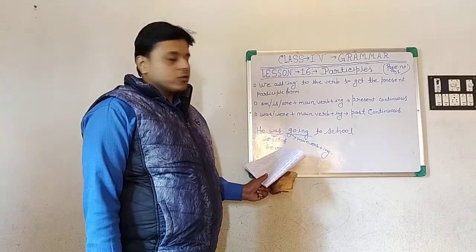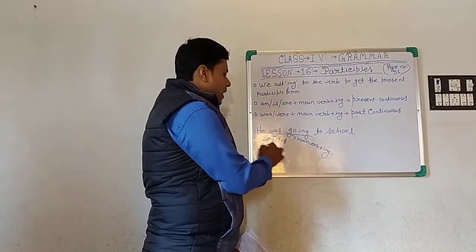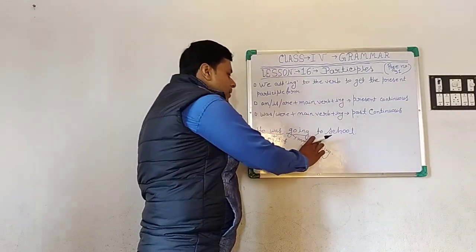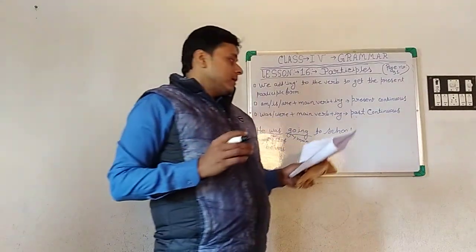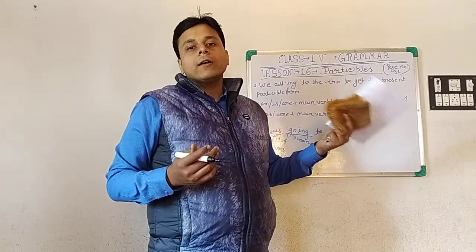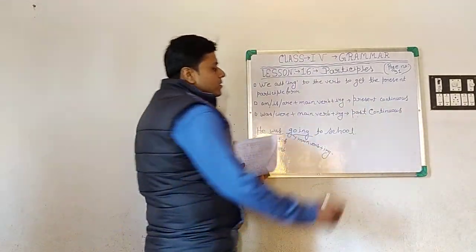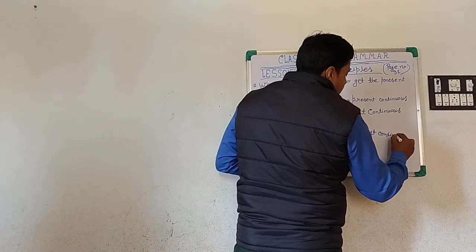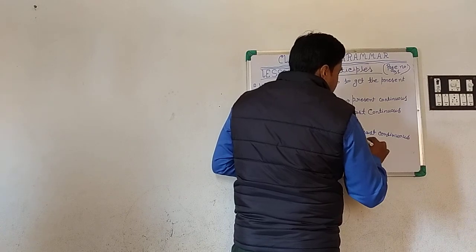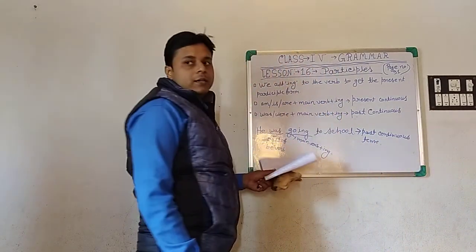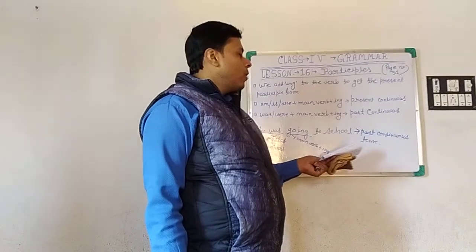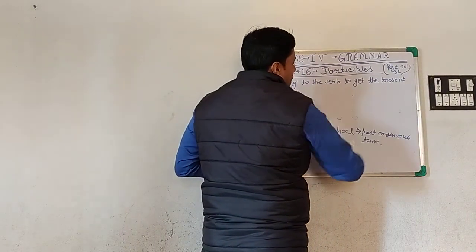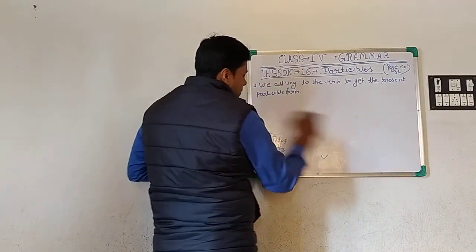So was is the past of the be verb, and go is the main verb plus ing. He was going to school. This sentence also refers to an action that is continuing, but it continued before now, in the past. So it is past continuous tense. Is that clear? Past continuous tense. So we use the ing form of the verb with was or were to make past continuous tense. So this is the present participle, and now we will learn what the past participle is.